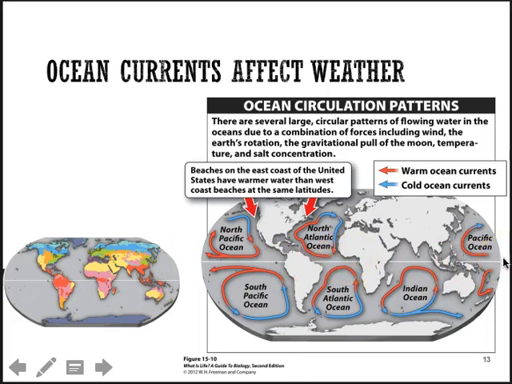Now, you also need to remember that the Earth is spinning on its own axis. Remember, it's a little tilted, but it's spinning on its own axis. And what's happening is that the land is moving in this direction, right? The Earth is spinning kind of in this direction, but the water doesn't spin quite as fast as the land does, and so there's a little bit of lag. And so that means that the water is actually circulating in this direction. In the northern hemisphere, we get this clockwise rotation of water, and in the southern hemisphere, it ends up being